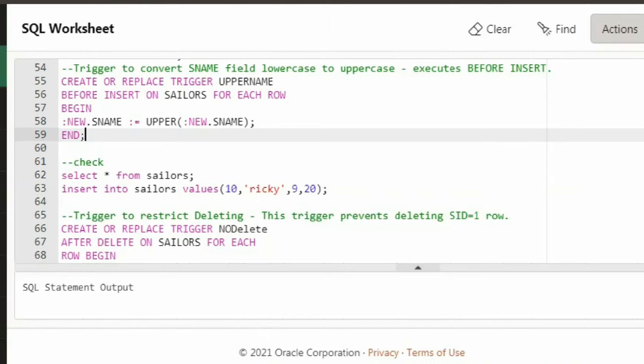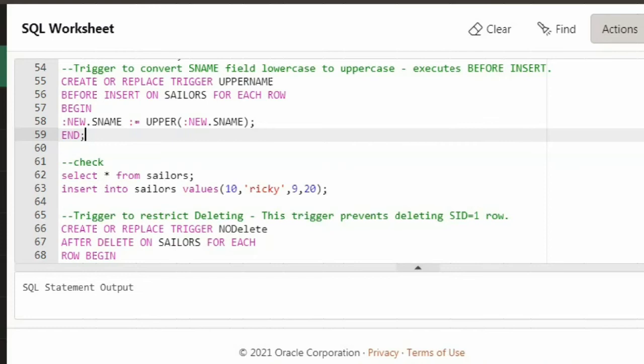So what is the event here? The events can be a data manipulation command, or a data definition command, or some database operations. Like data manipulation language commands, whenever there is a delete or insert or update, and whenever creating or altering or dropping a table, or database operations like server error or log on, log off, startup or shutdown.